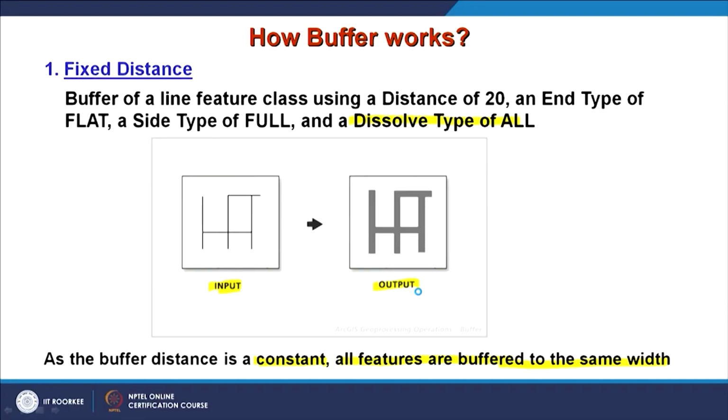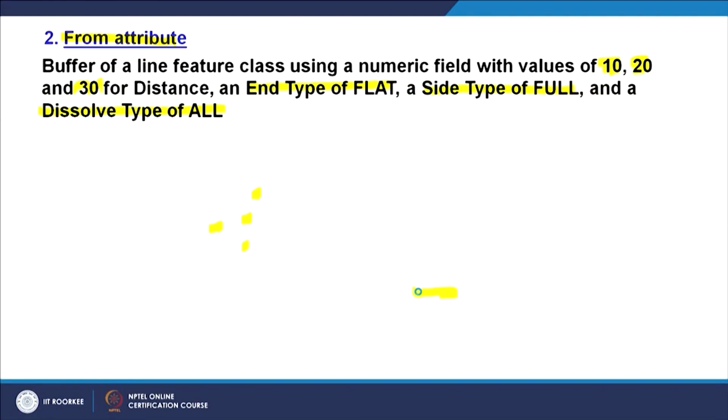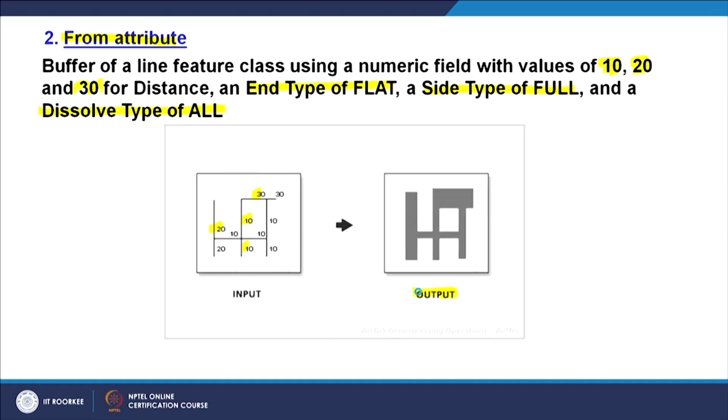Every phenomenon may not have the same kind of requirements for the width or expansion. So if I talk about the traffic point of view, then here there is more traffic, or maybe more pollution. Depending on that, I may have that information as one of the attributes. While creating buffers, I can use the varying expansion width or distance and can calculate a more realistic buffer than